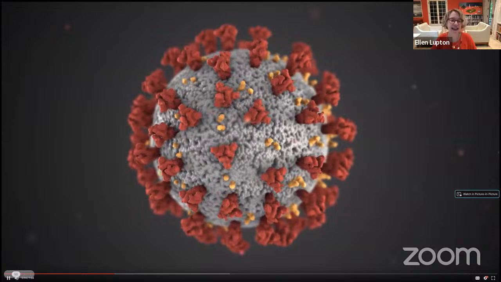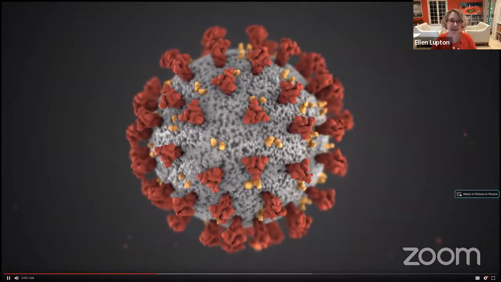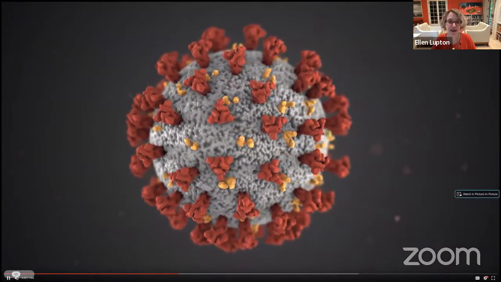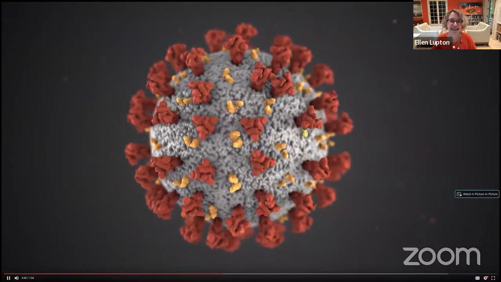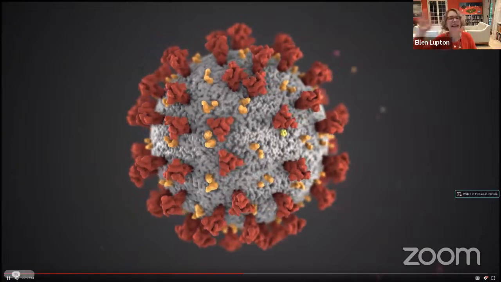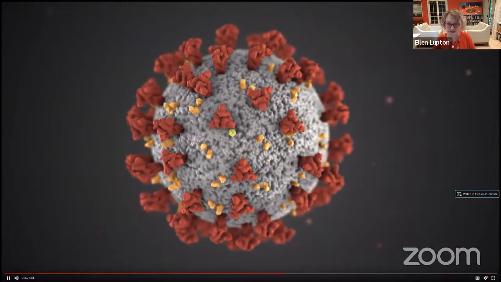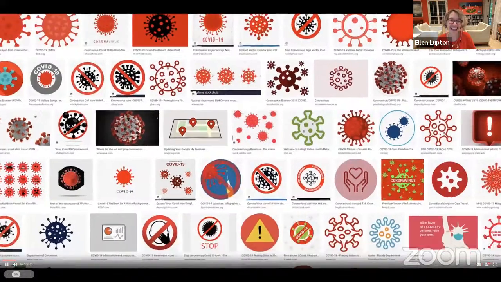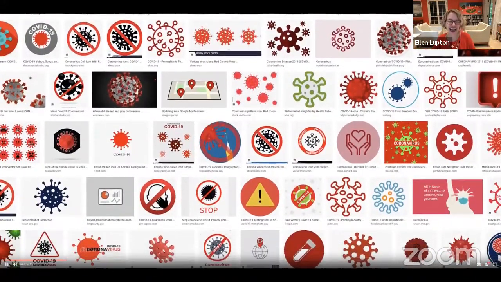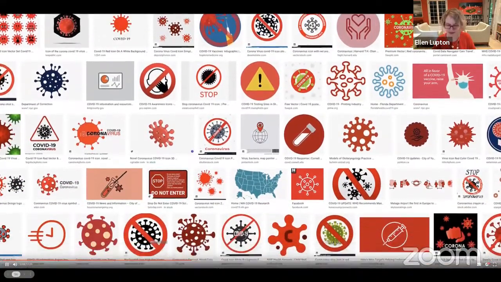It was created by medical illustrators at the Centers for Disease Control, who used 3D graphics software and medical imaging, images that were available of the actual virus, to create this very idealized kind of planetary image of how the virus is constructed. And you might wonder why. Oh yeah, and this also became an icon, of course, and was simplified and personified and transformed in various ways.